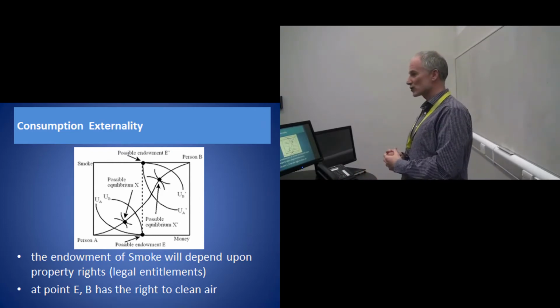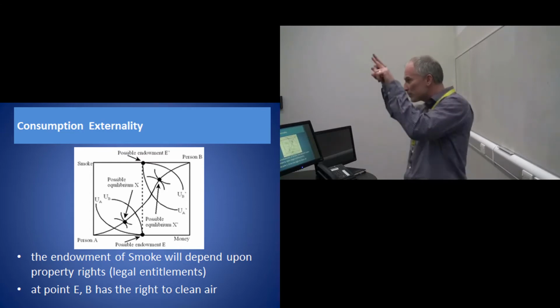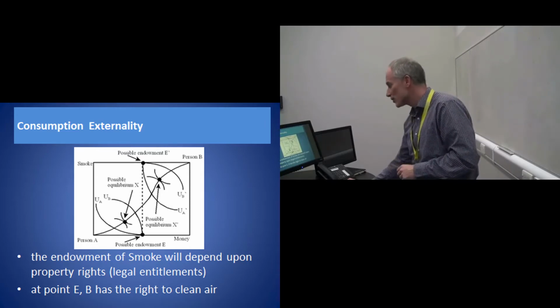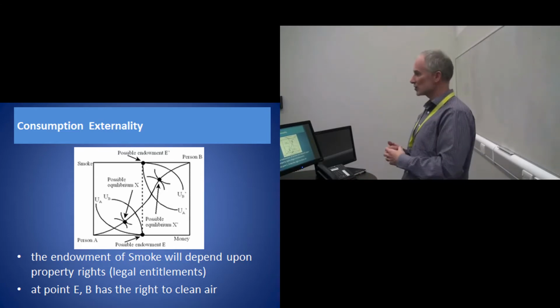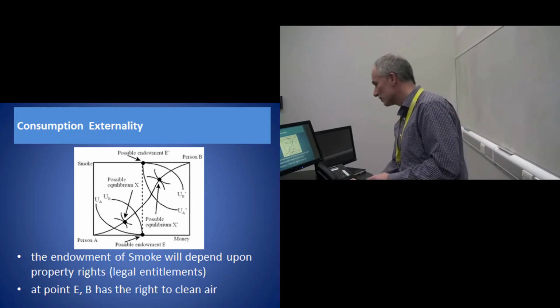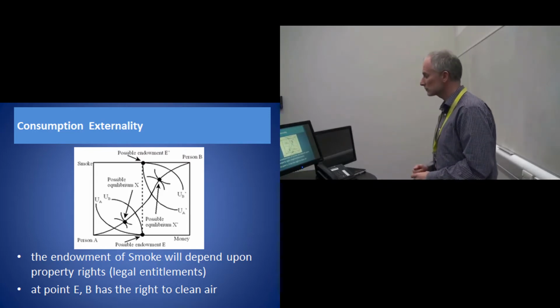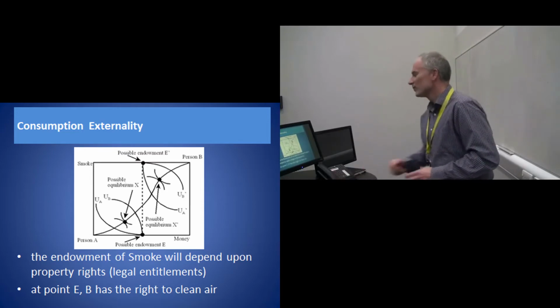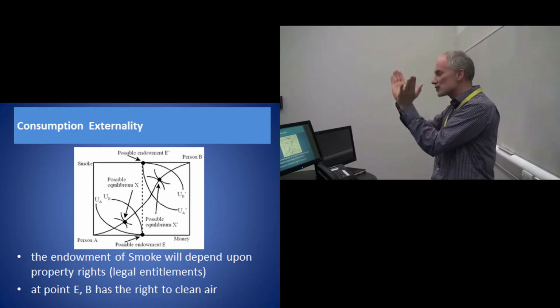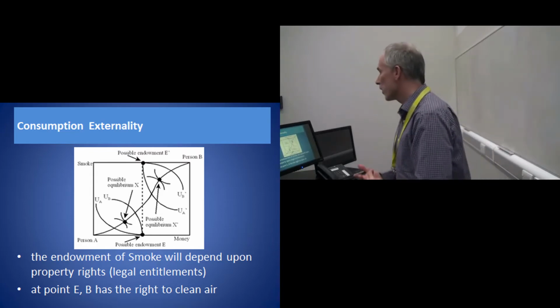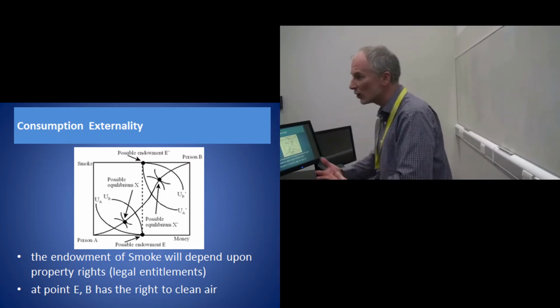Well, to answer that question of Pareto efficiency, what would we do? We'd put the initial indifference curves that pass through our endowment point. So for person A, given his tastes and preferences, indifference curve UA passes through the initial endowment point. And for person B, given his tastes and preferences for these two goods, his initial indifference curve is that one there, UB. Now, these indifference curves are crossing. And we've seen before, when indifference curves cross, it creates scope for a Pareto improvement.